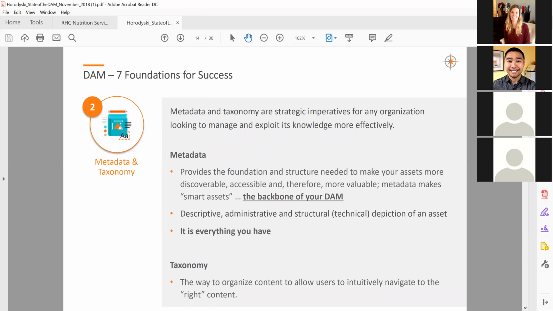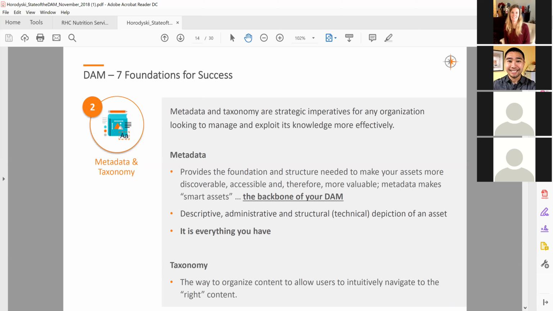It's metadata and taxonomy. Now this is probably my favorite part of doing digital asset management, and having done this for 17 years, I can tell you the demand for librarians who understand metadata is at an all-time high. I can't keep hiring enough. Every second thing I hear from potential clients is metadata. What is it? How do I get it? What do I do with it? So metadata and taxonomy are not only important for digital asset management, but as an industry professional thing to consider, metadata is a very good thing to have.